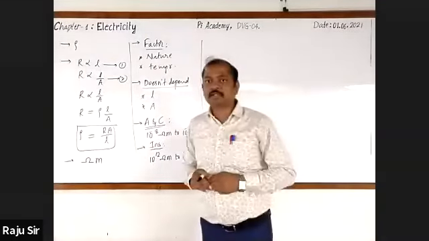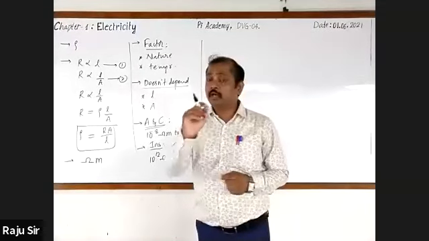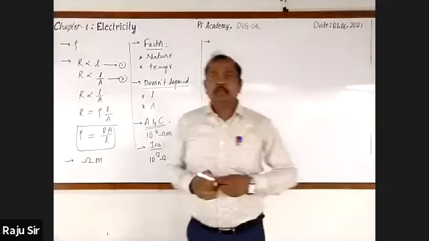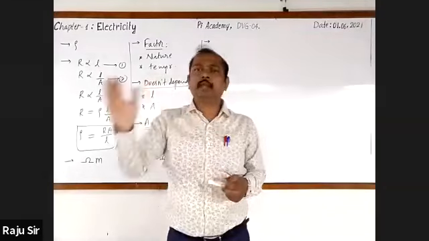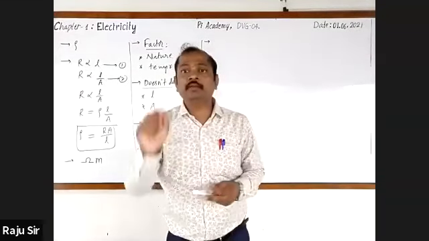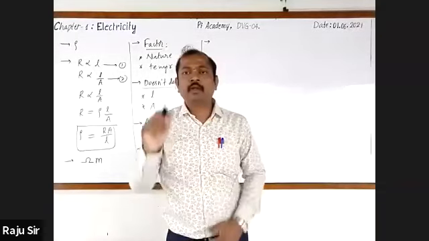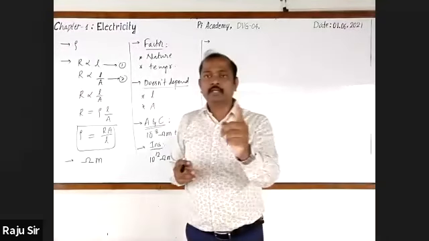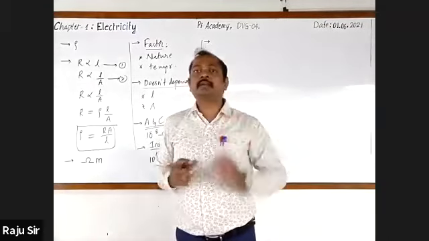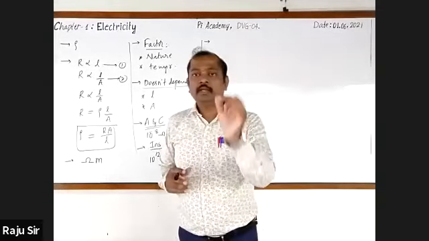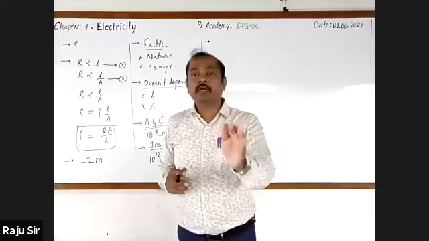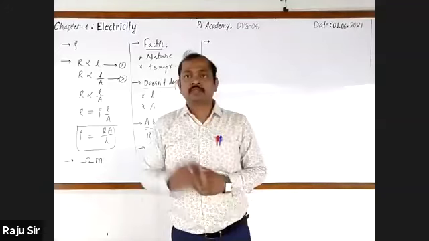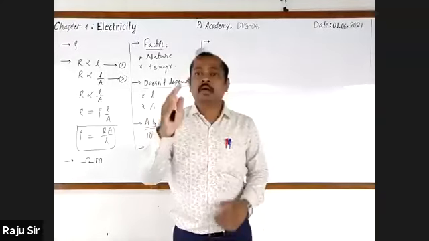So this much we had discussed with respect to resistivity. Another very important point with respect to resistivity is that in most electrical heating devices, we use alloys as filament. There are two important reasons. One is alloys generally have high electric resistance, and second, they do not get oxidized, they do not get burnt even at high temperature. So these are the two reasons why we use alloys as filament.